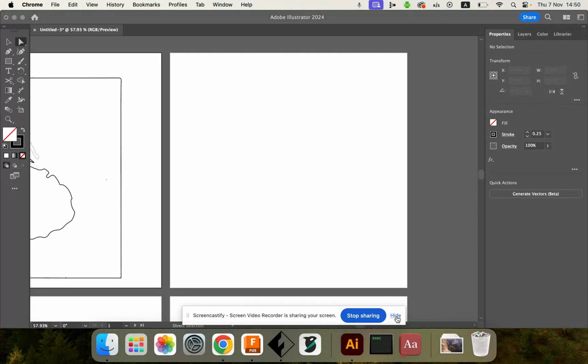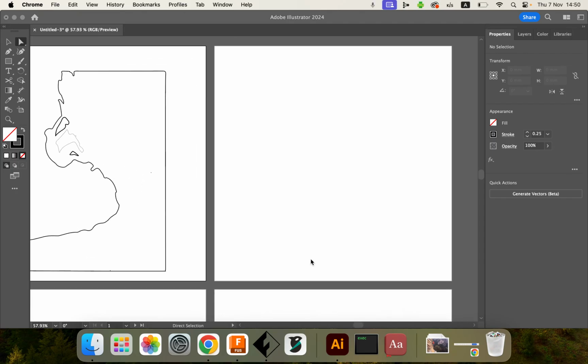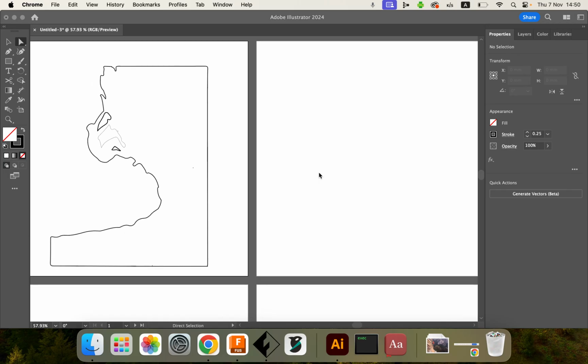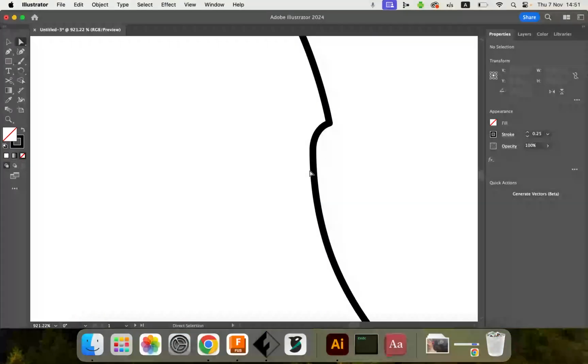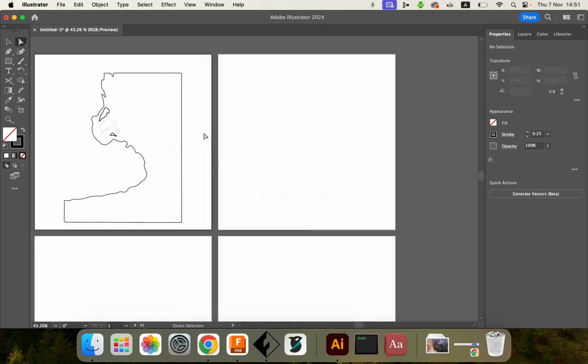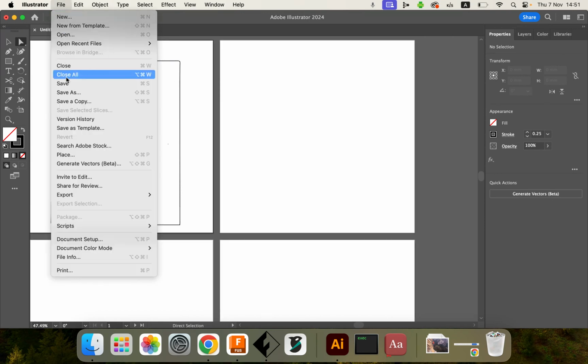Okay, so in this tutorial, I am going to try and show you the proper way to import an image from the internet, a raster image, and vectorize it so it is one path. What I mean by one path is that the line is just one path like that the laser cutter can follow to cut your outline out of a piece of material rather than just engraving it. So we're going to start by placing